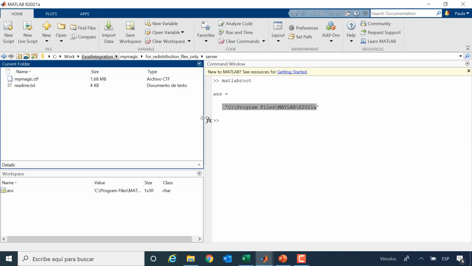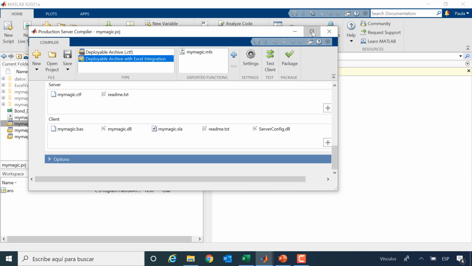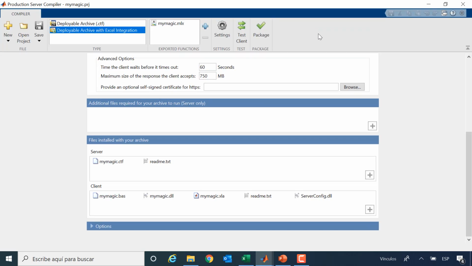And what we need to do now is to have that software running. For that, what we're going to do is we go to the project. This was the project that we opened when we went to the apps and selected MATLAB Production Server, and then this option, and this is where we hit package.